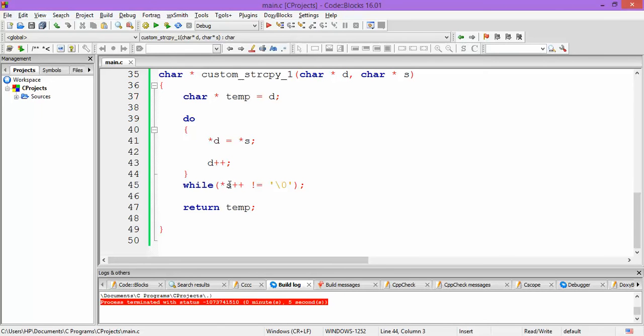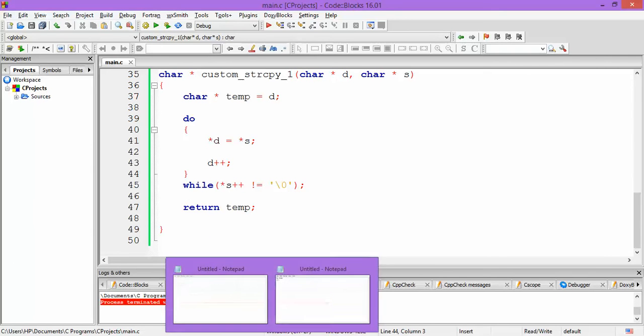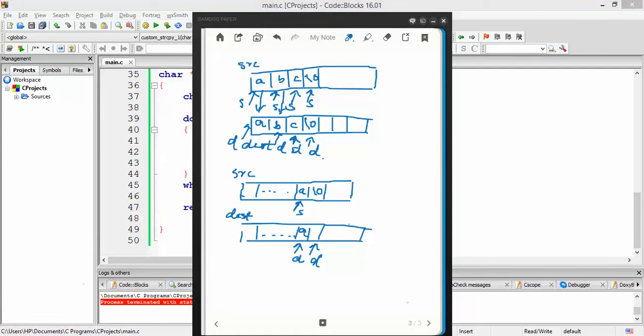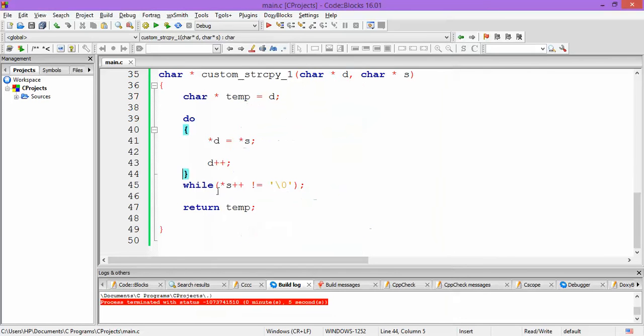So the check would be done with the value which s is pointing to. So the increment would occur later, but the condition would be checked first with s's current value. So s contains the address of character a. So a is not equals to null, so the condition asterisk s not equals to null is still true, fine.